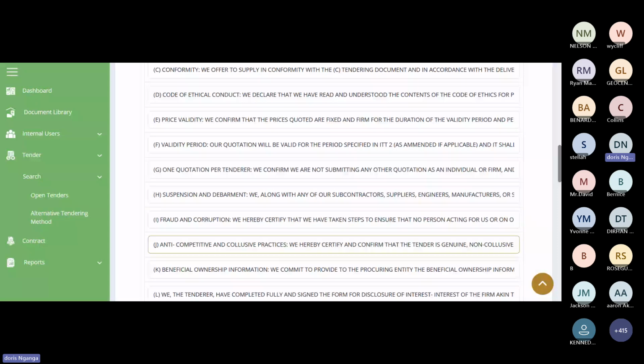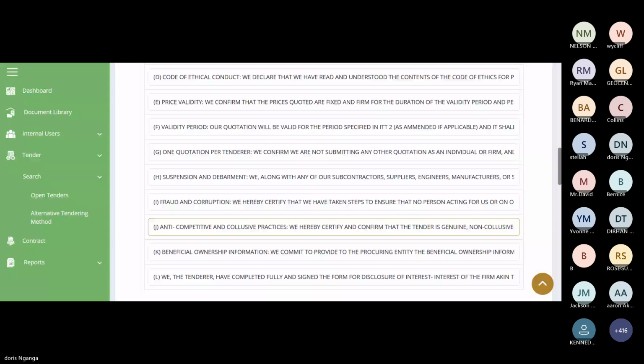We hereby certify and confirm that the tender is genuine, not collusive, and made with the intention of accepting the contract if awarded.